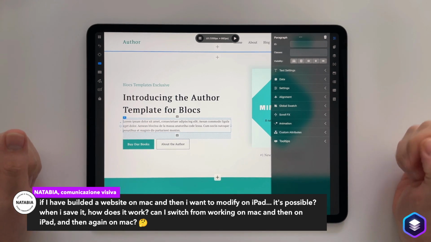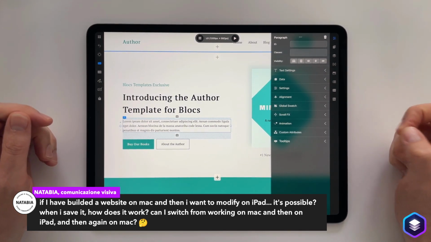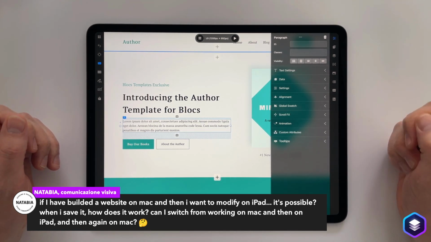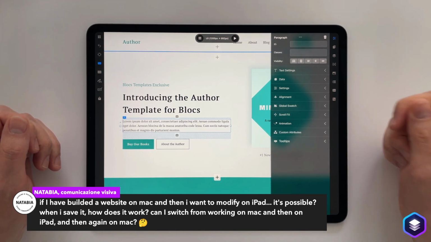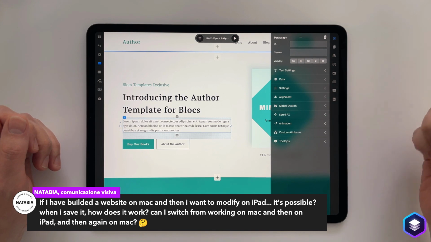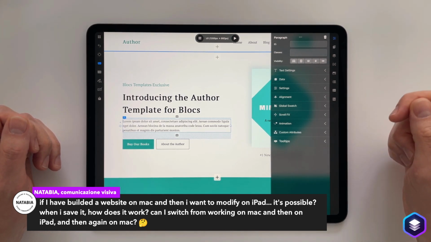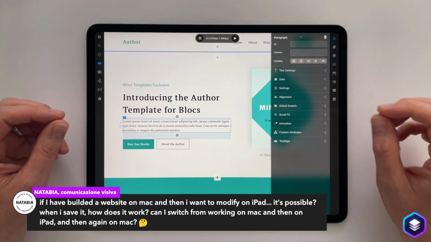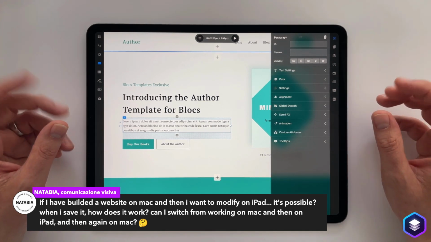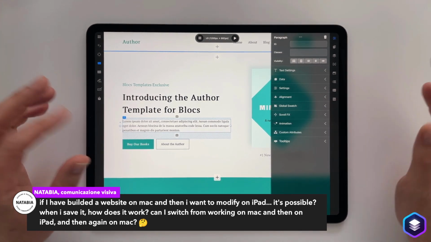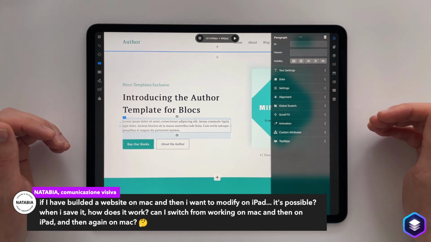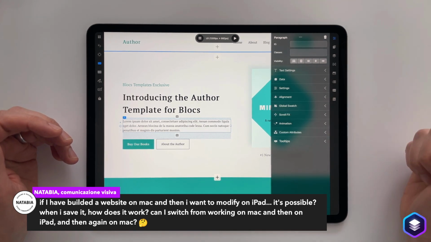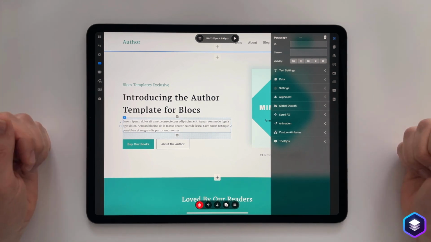Absolutely. So the way it works is, what you'll need is either Dropbox or iCloud. So what we would recommend is keeping your project on iCloud, and this means your Mac can open the project from iCloud, and the iPad, if it has the login details for the same iCloud account, can access the same project. The only thing that you can't do is have projects open at the same time and make edits in them show up in each device in real time. But if you open a project on your iPad, make some changes, then close it down for the day, the next day open it up on the Mac, the changes will be there, and vice versa.